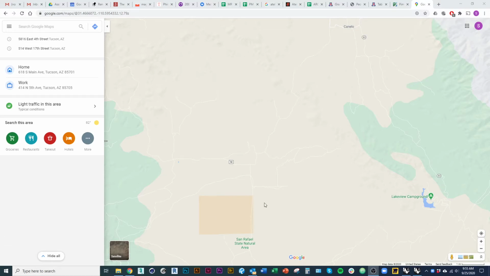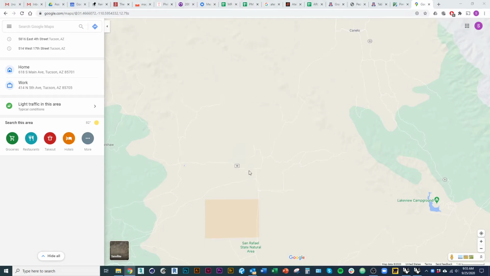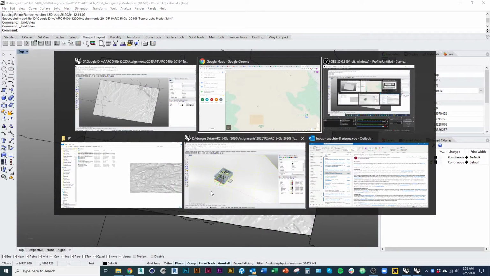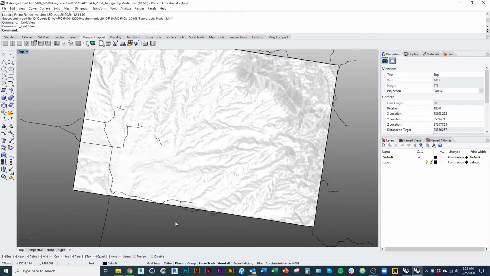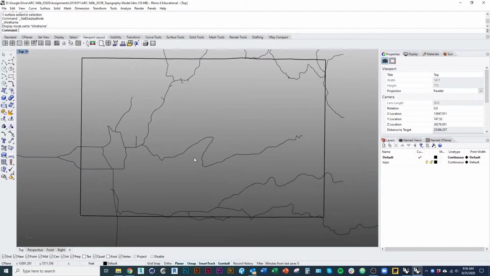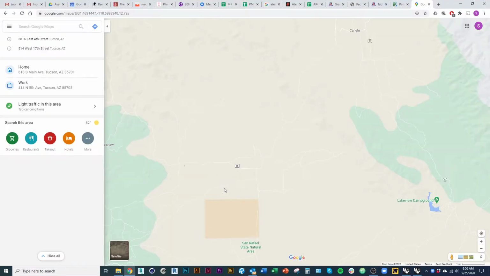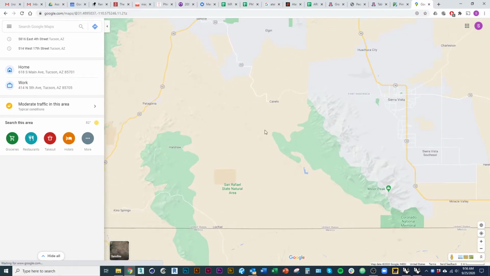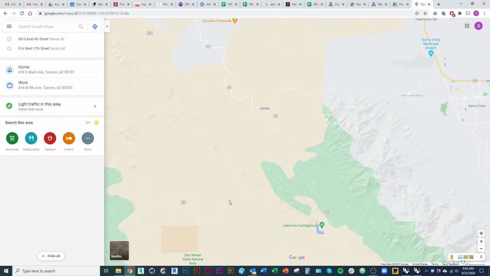Okay, so this video is going to cover how to insert the Caldera model into the topography. This is the 3D model that you guys can download off of our D2L course site, which, as you can see, shows the 3D surface of the topography, and it has a few lines in it. So these lines are roads, and if we go to Google Earth, Google Maps, you can see